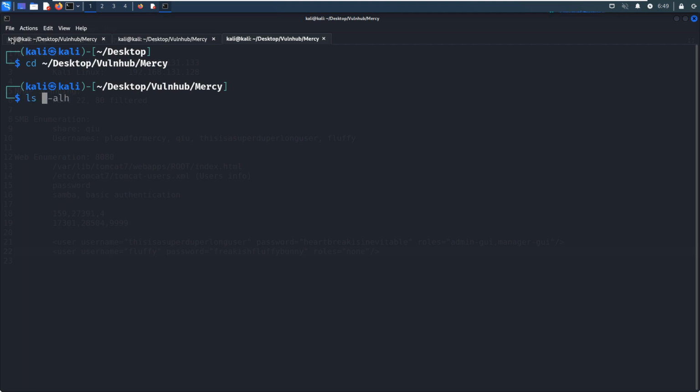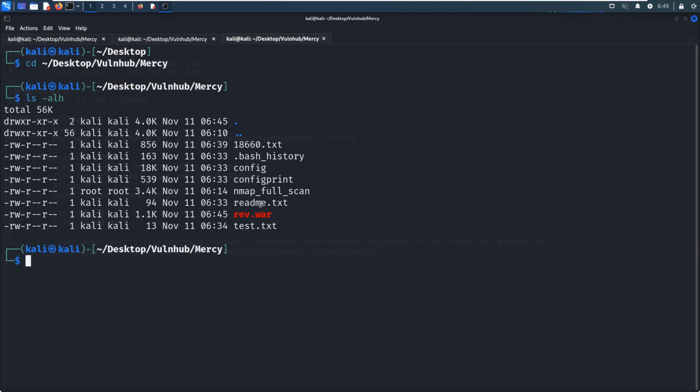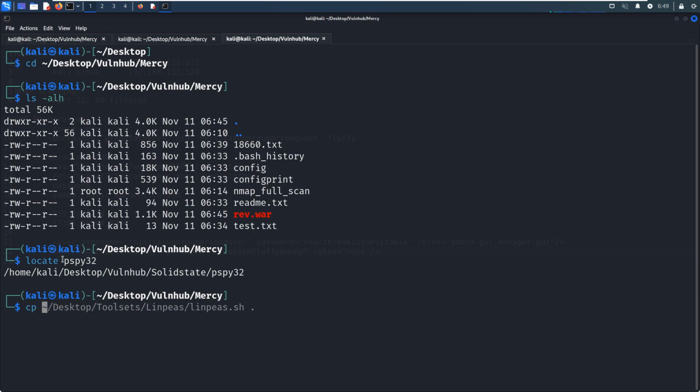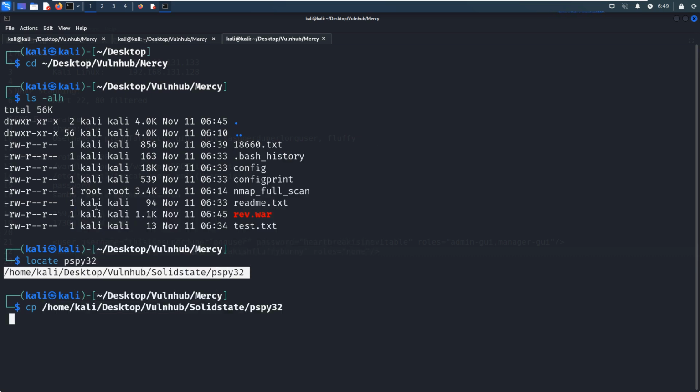Okay, I've already got this utility ready. So I think we can locate pspy32. Okay, so now we can copy from this location to the current working directory.